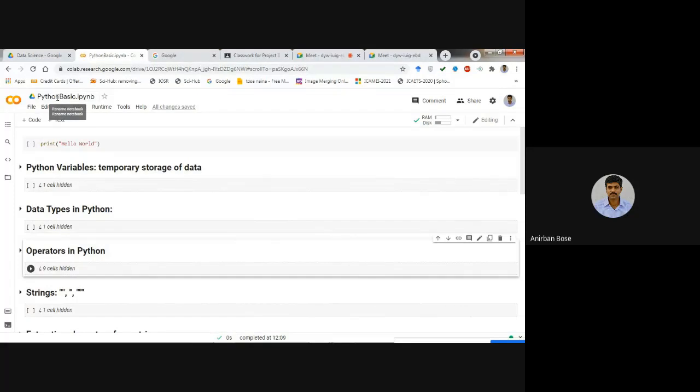You have given the name Python Basics, and after that give an underscore and your class roll number. After Python Basics, give an underscore and your class roll number. That is going to be your file name where you are going to do some classwork.